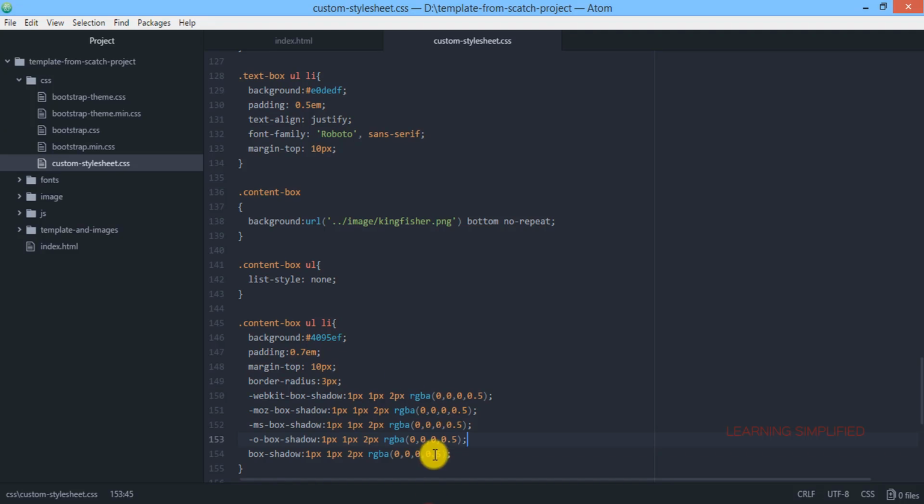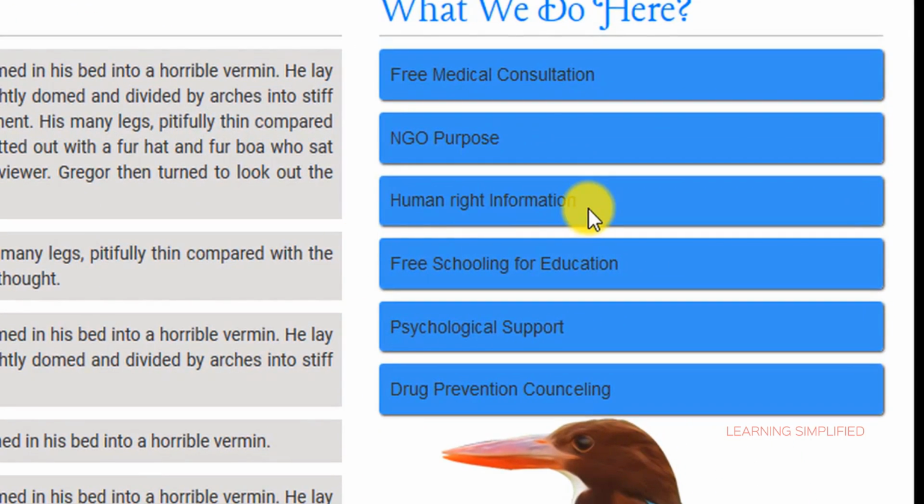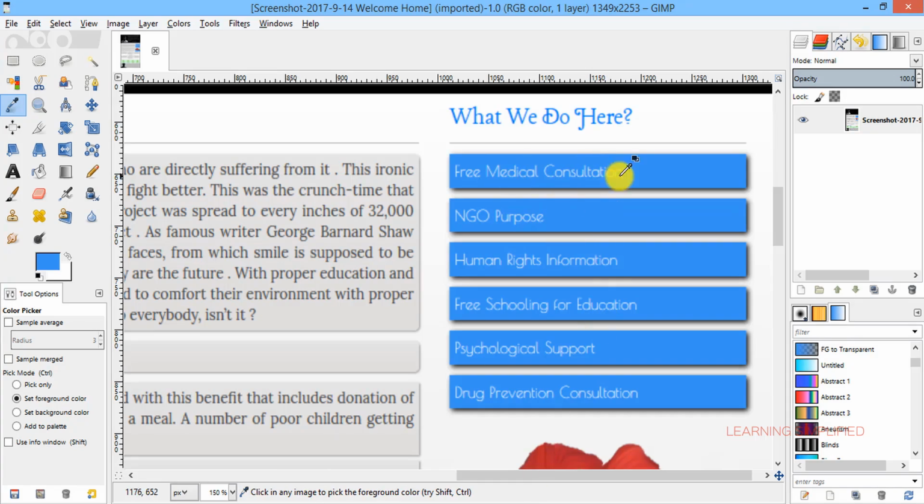Reload. Here it comes. Okay, we have almost created all of them. Now the next thing is we need to rectify these colors and all those font families. There it goes, color and font family.